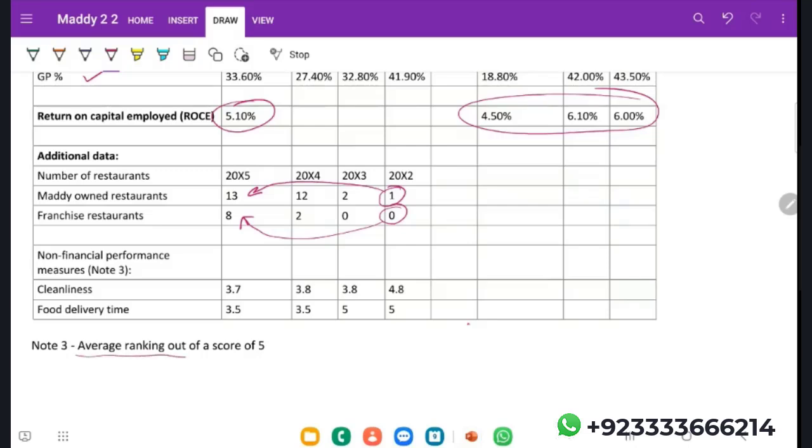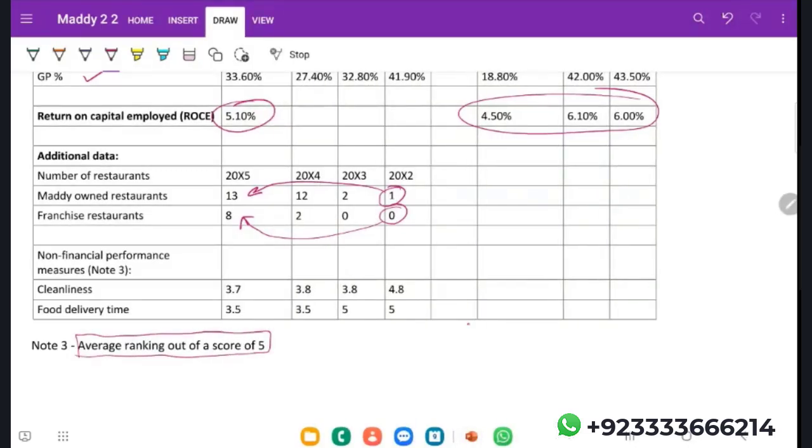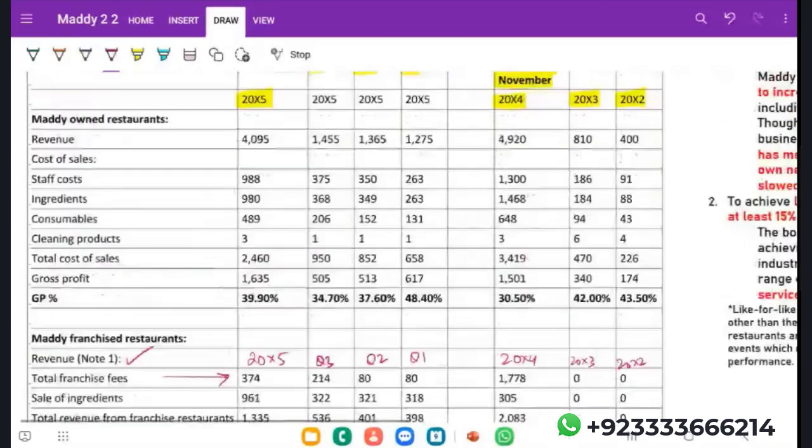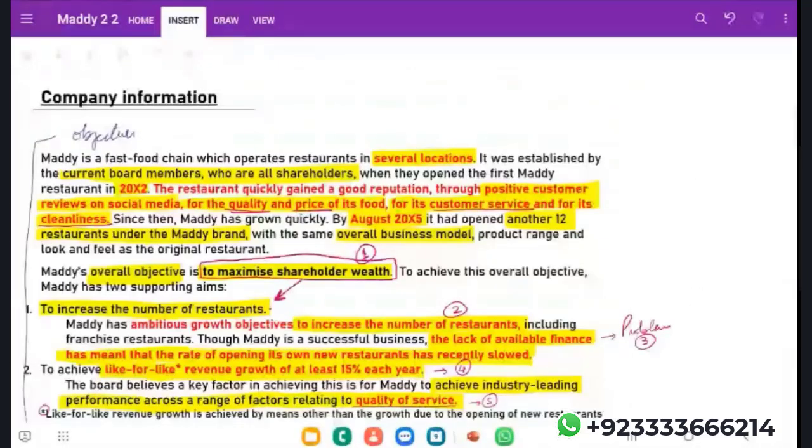So average ranking is out of a score of 5, right? So this is the overall performance measurement report. Okay. So we need to analyze whether a few areas which we have identified in the previous part are measured here,